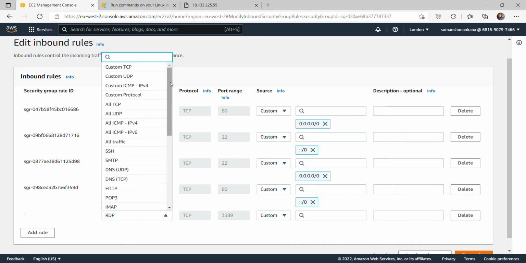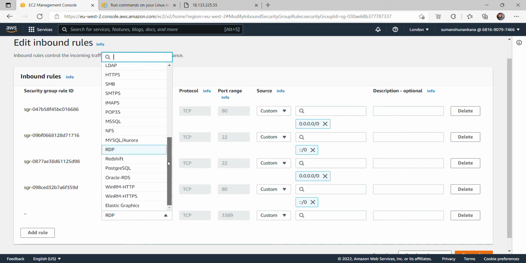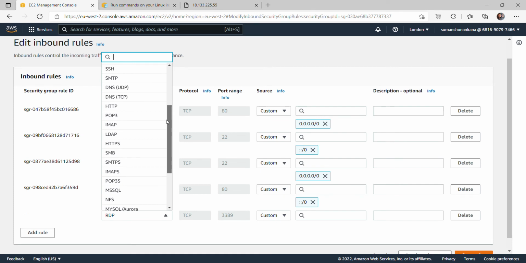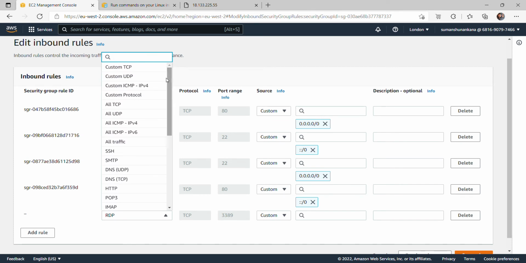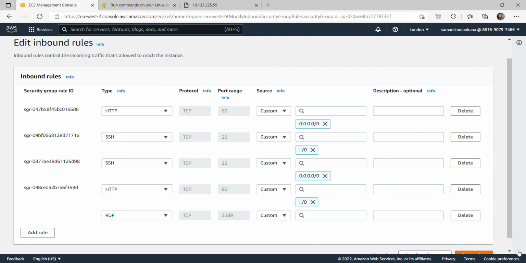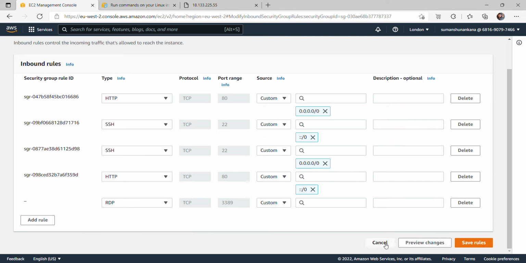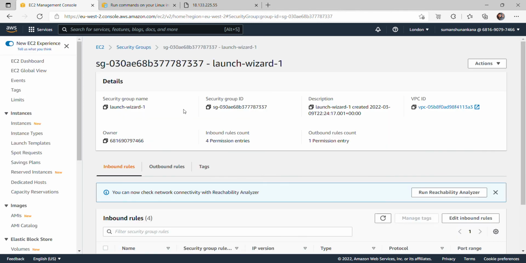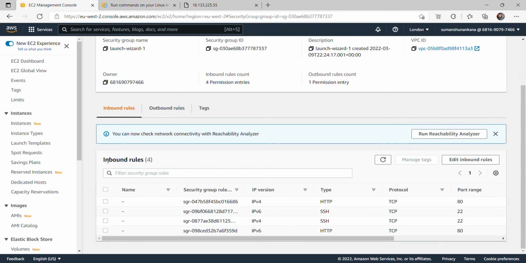So there could be a lot of things here, but mainly which we usually use are HTTP, HTTPS, SSH and RDP. Okay, so security groups are basically the firewall, nothing else. So when you spin up a virtual machine in your actual project, in your company, we always create security groups first. Within the security groups, we set our inbound rules and our outbound rules,